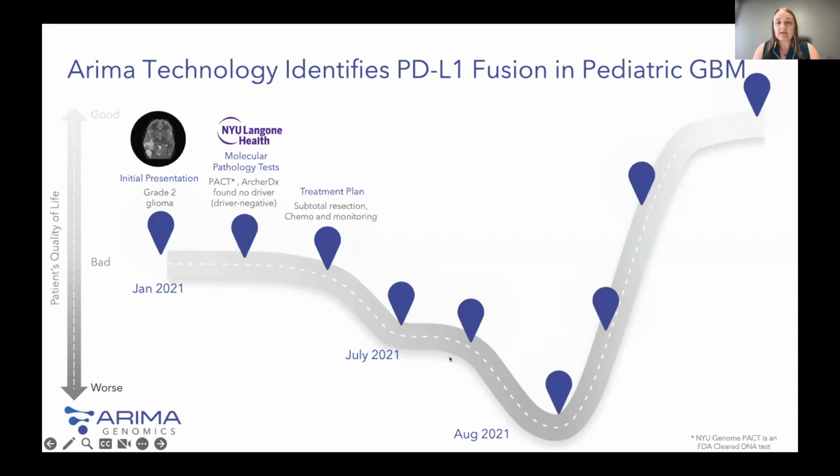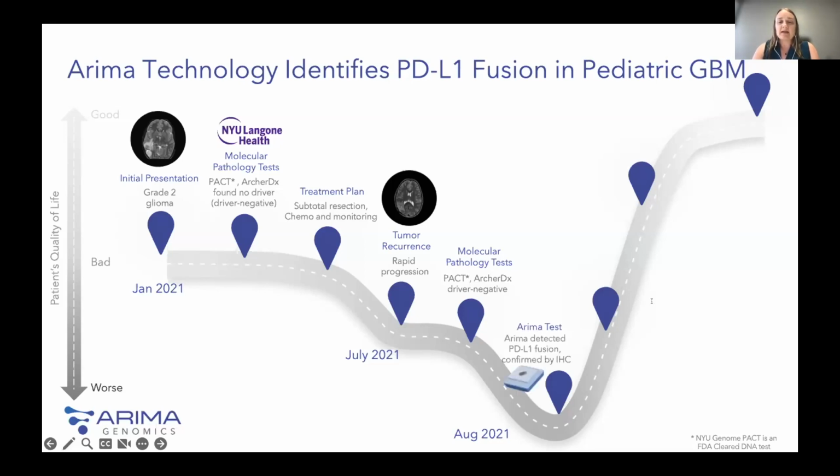About 6 months later, however, this patient experienced a very rapid progression, and the tumor returned quite aggressively. So NYU again performed comprehensive DNA and RNA sequencing of the tumor and again failed to identify any driver mutations. So at that point, we performed a Hi-C analysis using ARIMA's Hi-C technology, which revealed a novel structural variant near